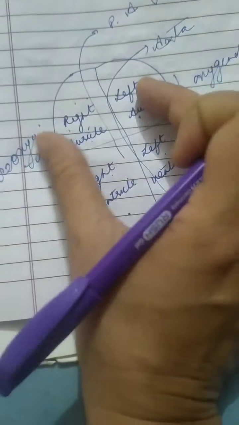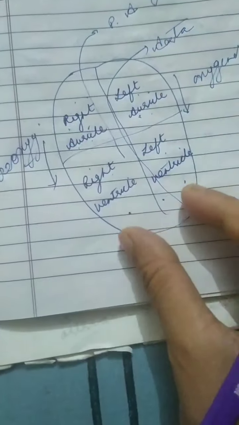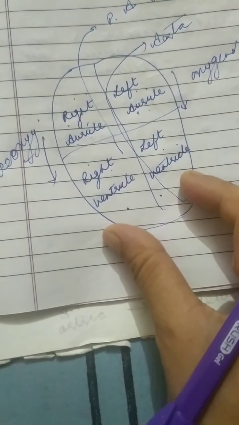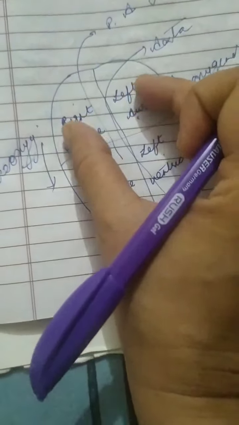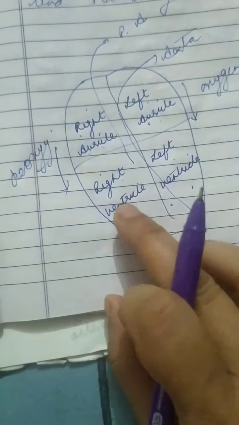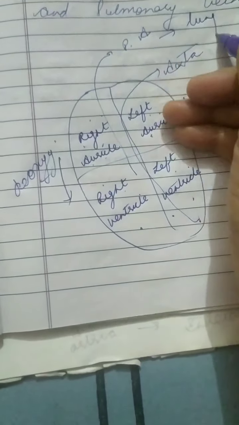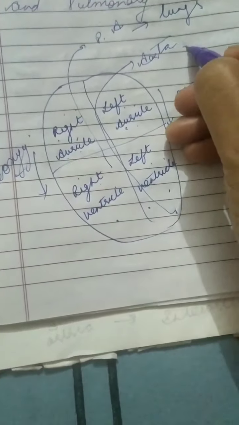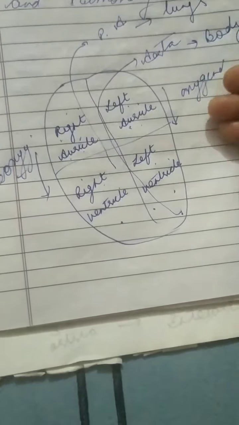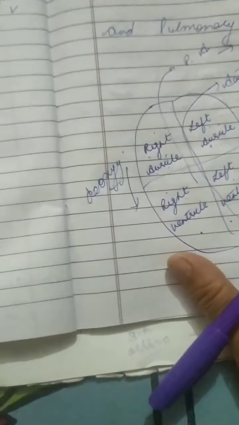So this whole circle is known as one cardiac cycle, means the contraction of the auricles, then it sends blood to the ventricles, and the ventricles relax at the same time. Now in the second step, the ventricles contract and the auricles are already relaxed. At that time the right ventricle pushes blood toward the pulmonary artery, and this artery goes to the lungs for purification, and the left ventricle pushes blood toward the aorta. From the aorta it goes to the body parts. So this whole circle is known as the cardiac cycle.